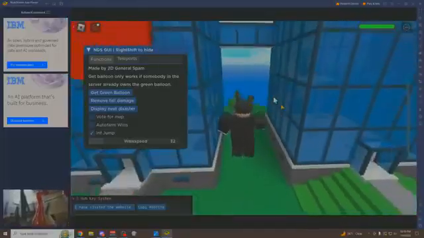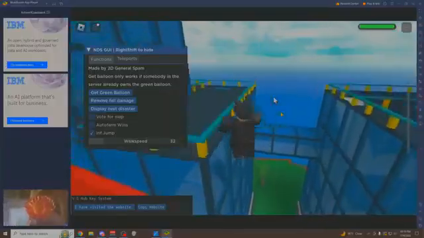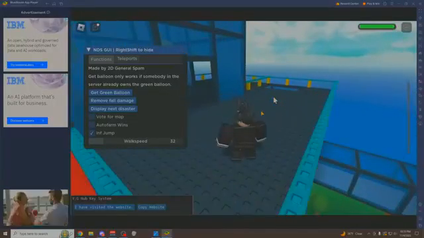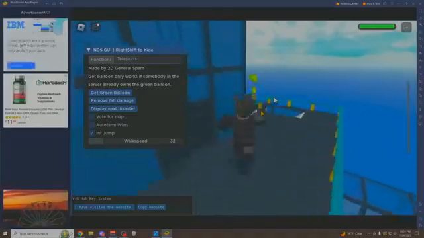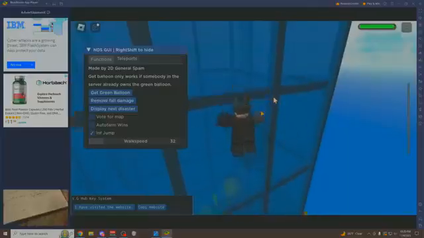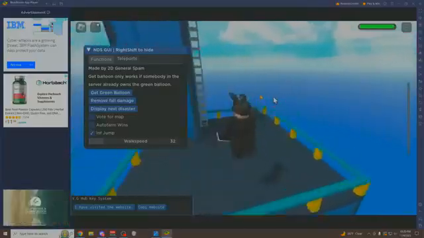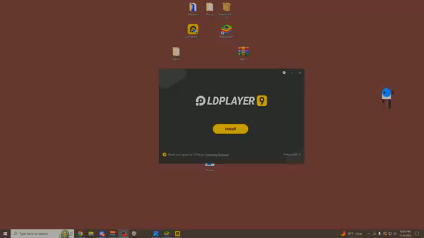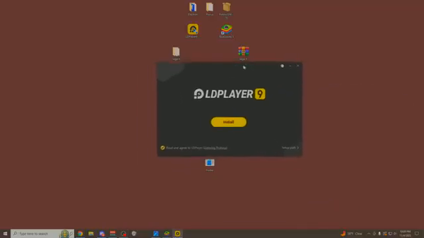We could play the game completely normal, jump all the way up to the top here. This is just an example. I was trying Blade Ball scripts earlier. They were working completely fine. I had a 100% win rate with B-Dole Hub, so if you're trying to exploit on any games like that, it's going to work. And if BlueStacks just is not working for you at all, you can also try LD Player 9,